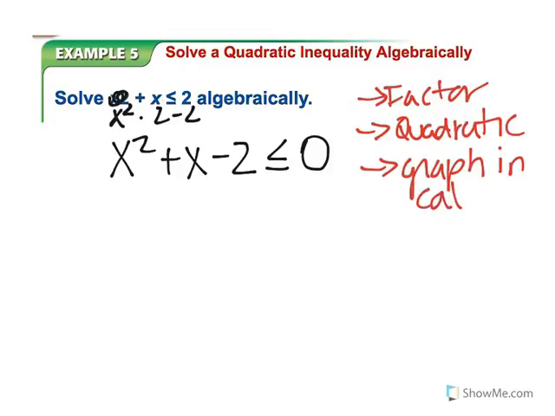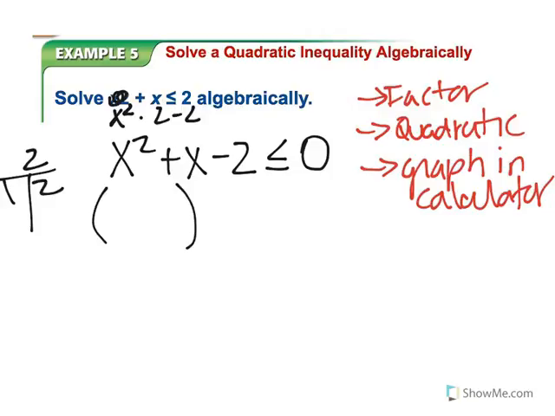And I'm just going to go ahead and factor it. We have 2 is our magic number. The factors of 2 are 1 and 2. So if we set up our parentheses like this, we have x and x, 1 and 2. We need to multiply to get a -2, and we need to add to get a 1. This sign goes with my bigger factor, so this needs to be x plus 2, and this needs to be